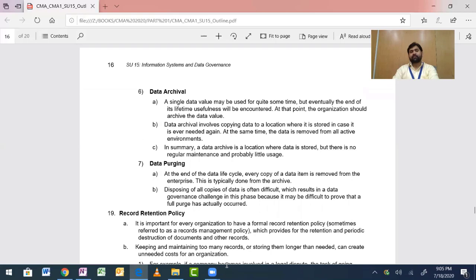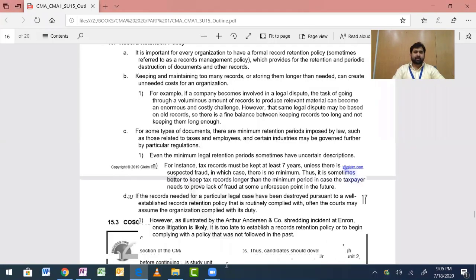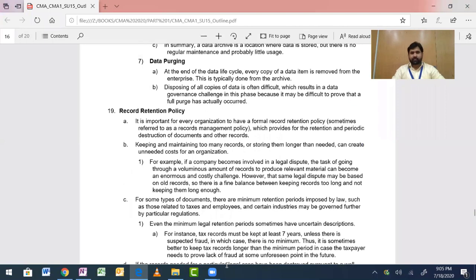So you have the archive, from there all of this is removed, disposed of, destroyed, deleted, whatever you can say. Fine. Record retention policy. How can we have a record retention policy? Let's read. Fine. Because this is like company to company stuff, right? How long will a company keep the record? I don't think we have a fixed rule or law for that.